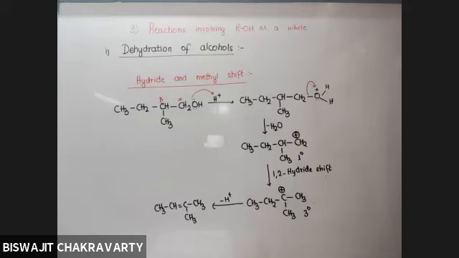Sir, hydride shift occurs only when there is branching. Yes, because when there is branching, there is a possibility of getting converted to 3 degree carbocation, na? When there is branching, the hydride shift will lead to 3 degree carbocation, and branching should not be present on any carbon, but it should be present on the beta carbon। बीटा कार्बन में होना पड़ेगा ब्रांचिंग, तब जाके मिथाइल शिफ्ट या हाइड्राइड शिफ्ट देखने को मिलता है।